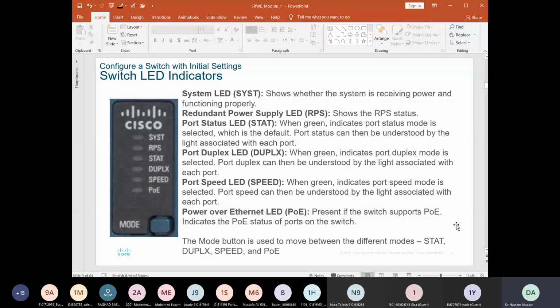Now, what we have here is an image of a Cisco Catalyst switch 2960. Most switches come with, let me say, LED panel indicators. The location is different from one switch to another, but in general, switches have many